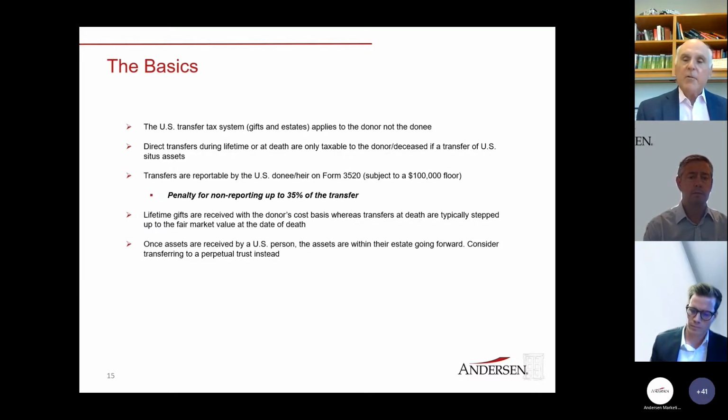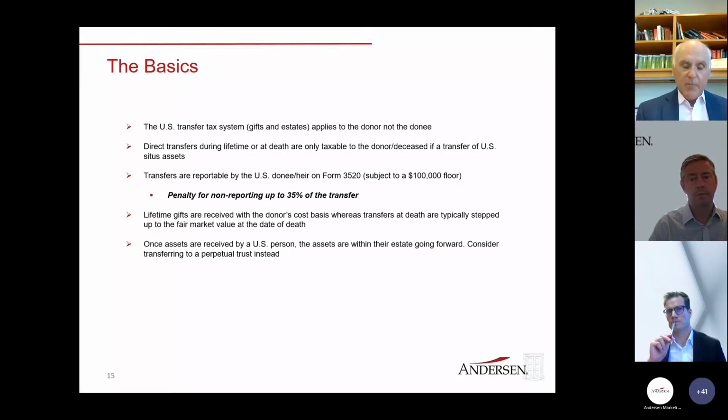person, then the tax basis carries over to the U.S. person. So if you were in South Africa and you made a gift of South African farmland to a U.S. beneficiary, they take over the historical cost. There's no step up, meaning that when the U.S. person turns around to sell it 5 or 10 years down the road, the tax cost would be the old historical cost to the donor, not the value at the time of the non-taxable gift to the